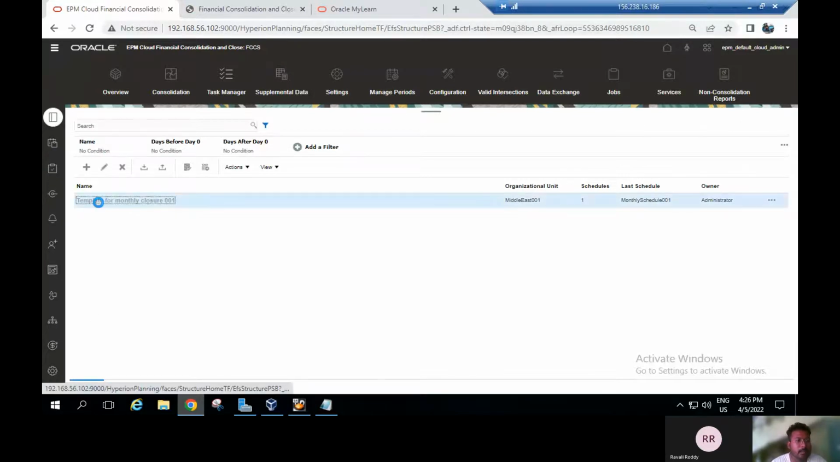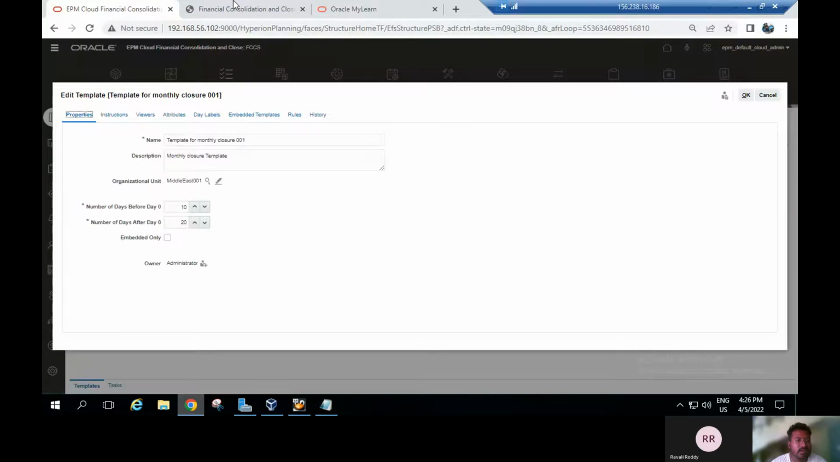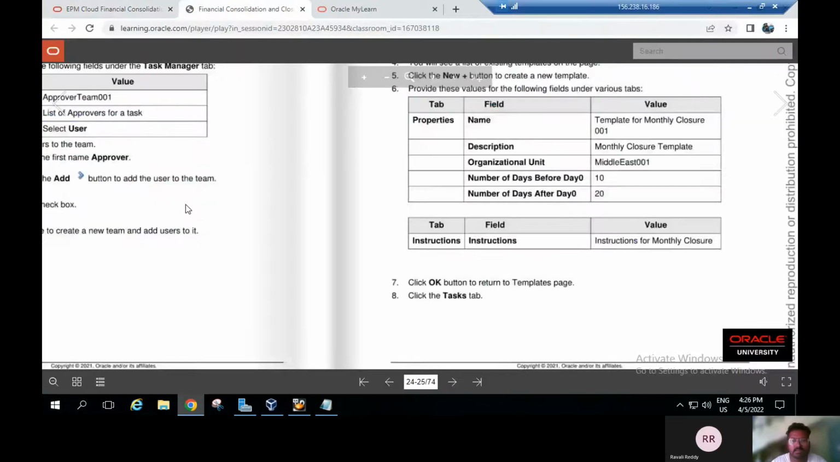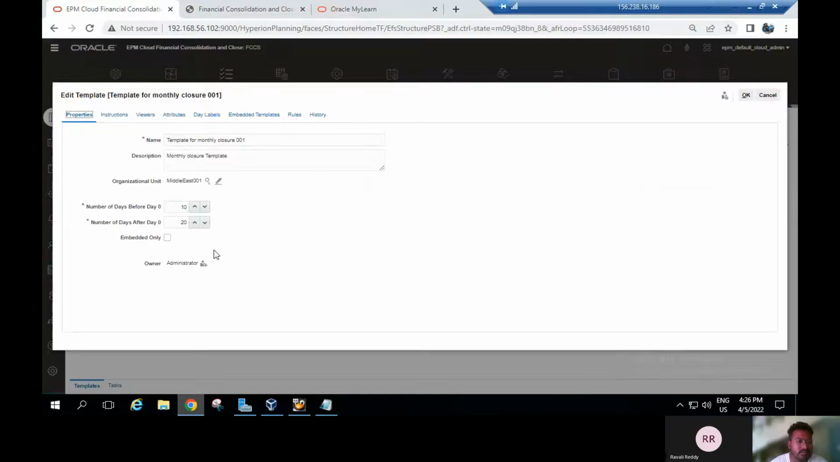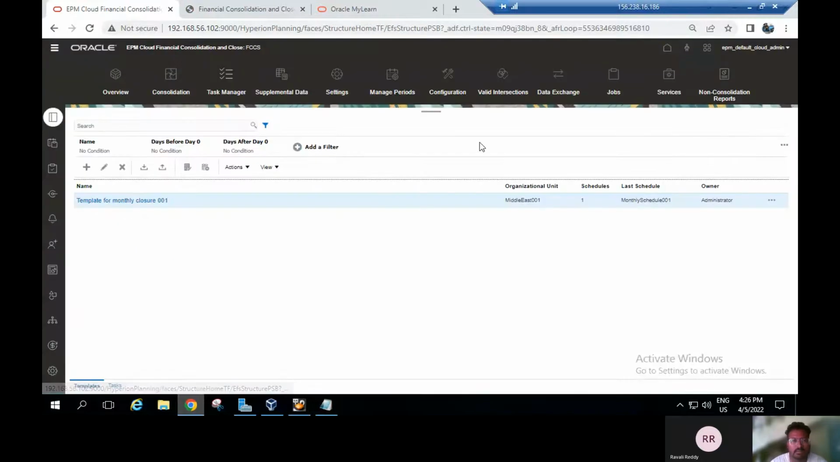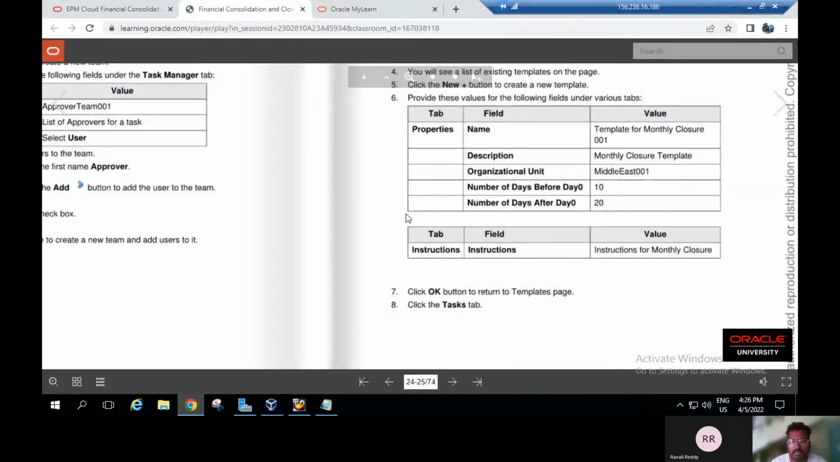You click on this. Based on the documentation, I created this one. See here, name as template for the monthly closure 001. Description monthly closure templates and organization unit as Middle East 001. As per this documentation and the requirement, I created this one. After that, click on OK. After that, coming back to the documentation,